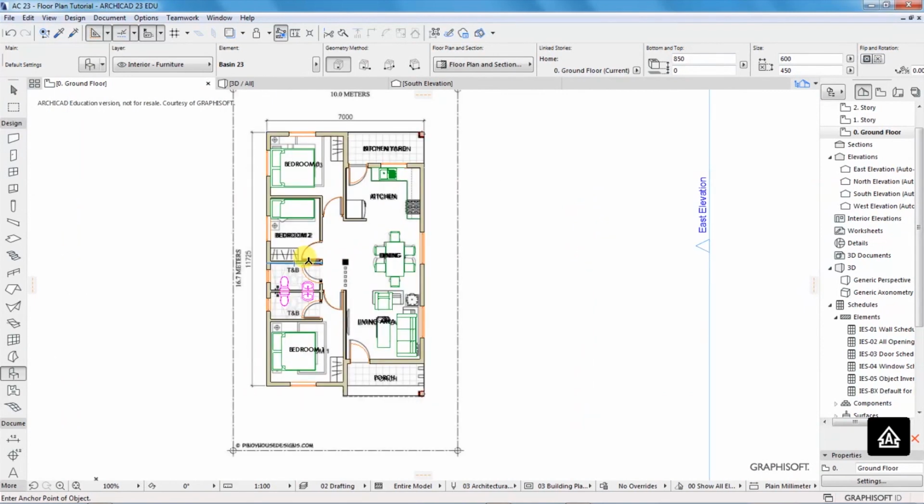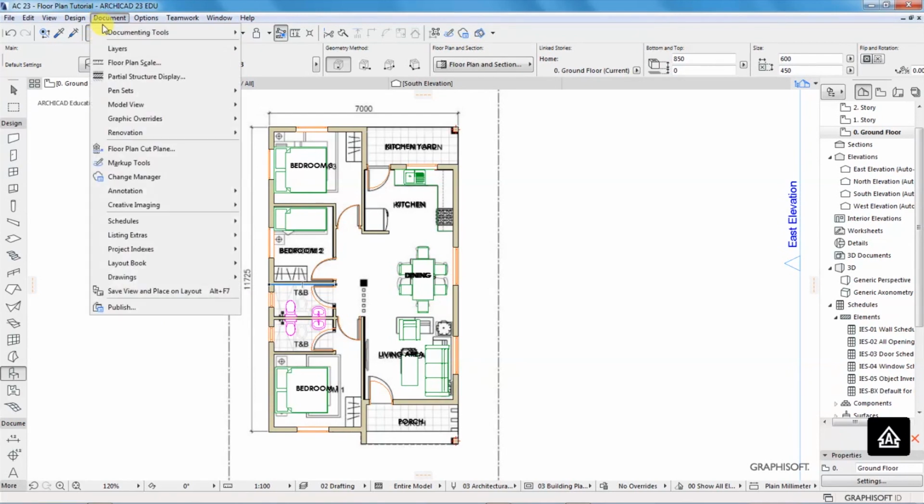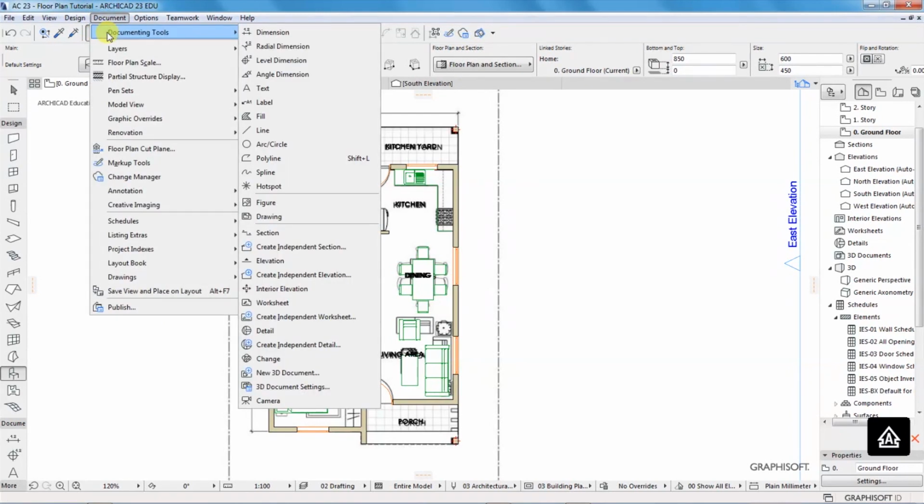So now that we have almost everything in place, I want us to have some fields, and these fields are going to be 2D fields. They will help us to distinguish the spaces that we have created. And I will activate the fill tool by going up here to documenting tools. I will select fill,